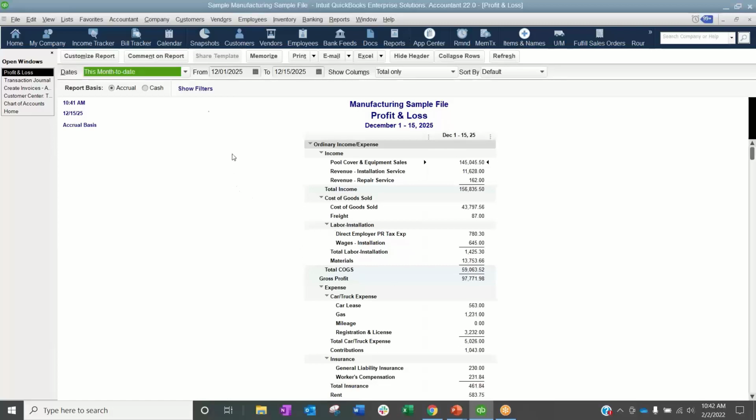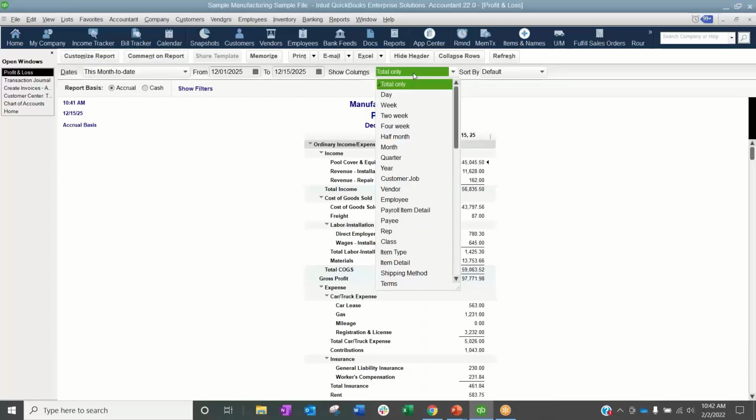Some kind of reporting. So when I come into this report, I always look for what can I add to a total by report. A P&L is the most basic one because it's already preset. So I can do total by week, month, and so on. I can total by customer, vendor, employee, payroll item detail, payee, which is random, sales rep, which we're going to talk about in a second, class, item type, meaning is it an inventory part or a service item, non-inventory part, item detail, so a P&L by each individual item,